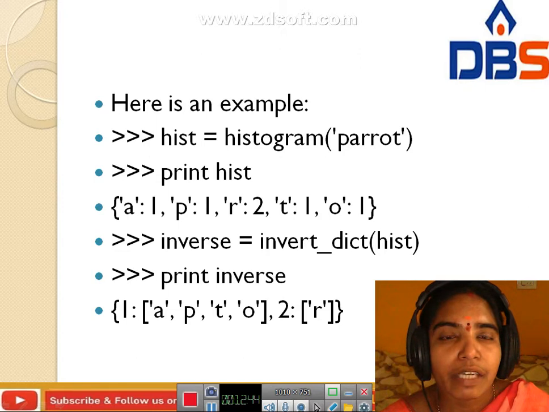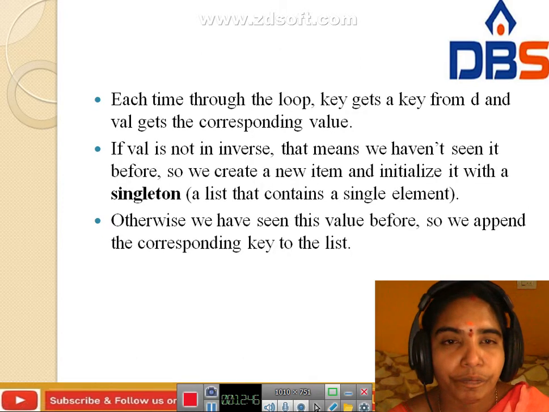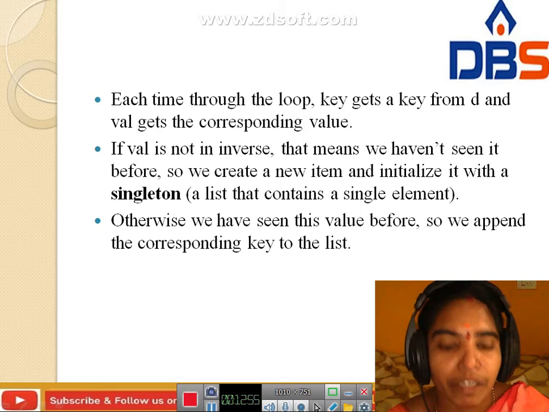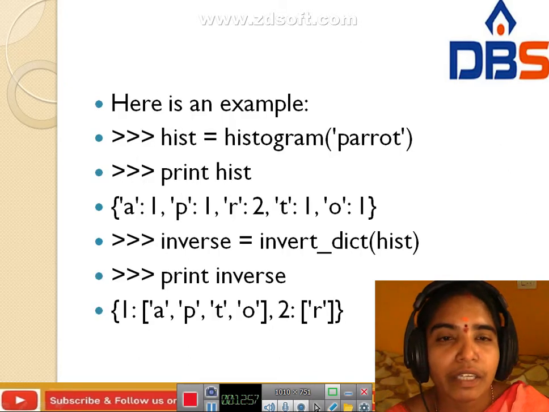This is an example of the inverse, a list that contains a single element. Hist equals histogram of parrot. For parrot you print hist: a repeats one time, p one time, r two times, t one time, o one time.